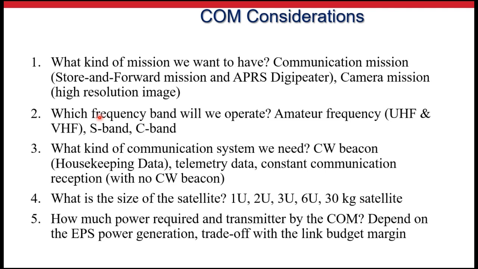So let's say you would like to send a very high resolution imagery to the ground station from the satellite. Obviously the size of the image will be greater. So if you are using amateur frequency, it will take a lot of time to download the packets to complete only one image. So maybe you will consider a higher frequency, for example the S band, C band, or X band. All right, in order to use this band of frequency, you are required to design a bigger CubeSat instead of 1U, for example. So this is the thing that you need to consider.